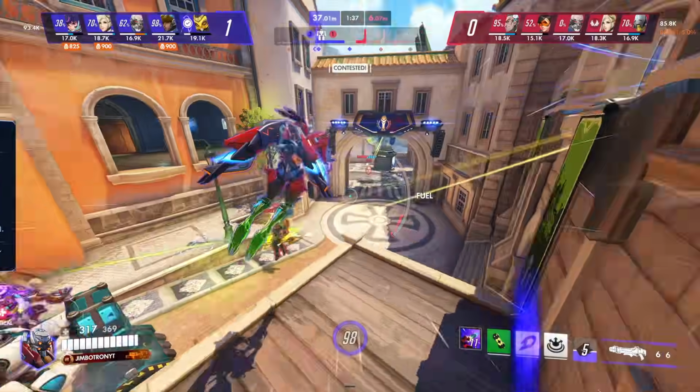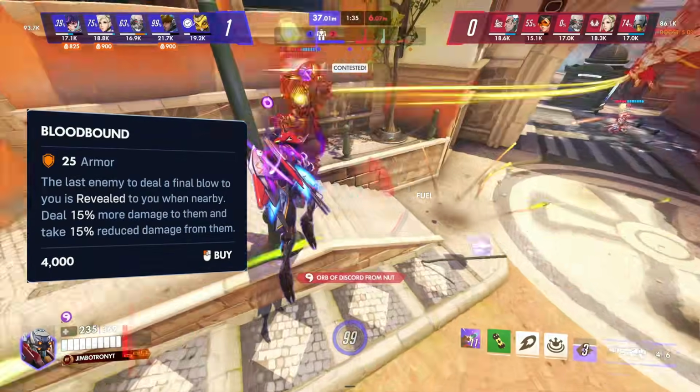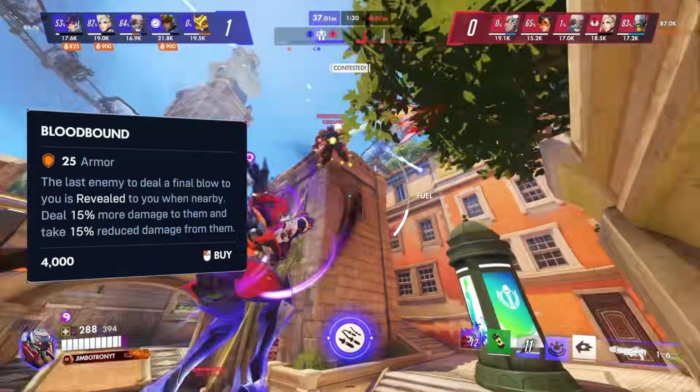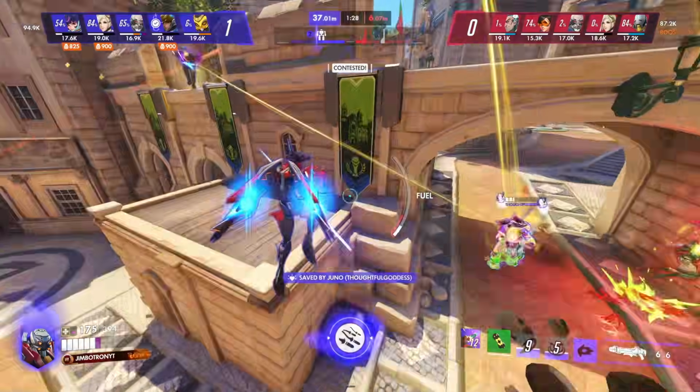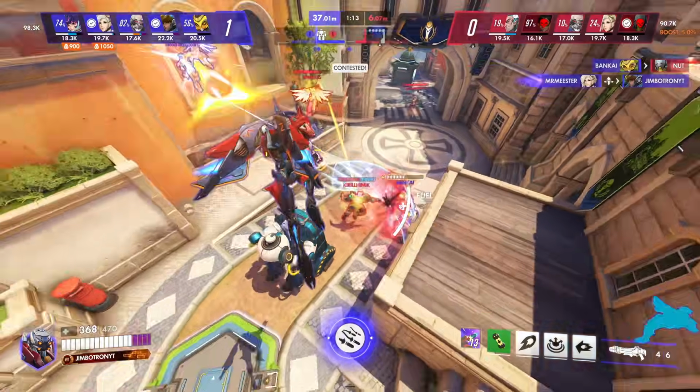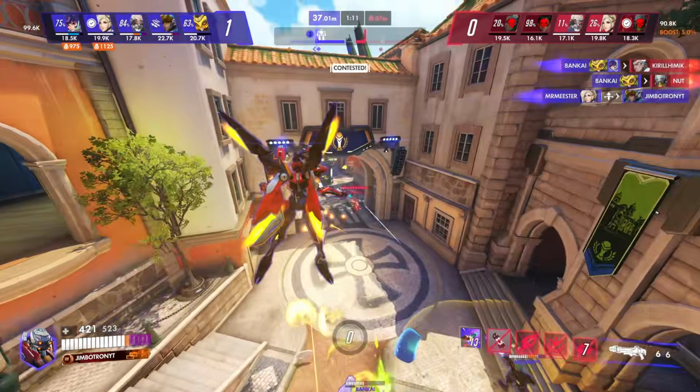The first one is Bloodbound. This item is usually a throw. It makes it so that whoever killed you last does 15% less damage to you, and you do 15% more damage to them. On paper, this sounds amazing, but in a 5 vs 5 game mode, it can be hard